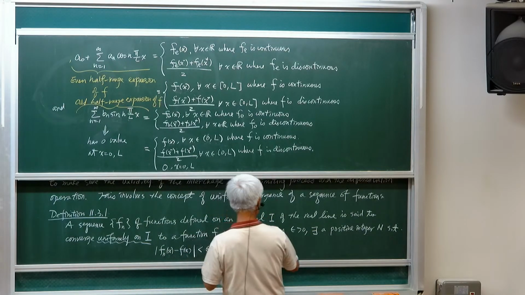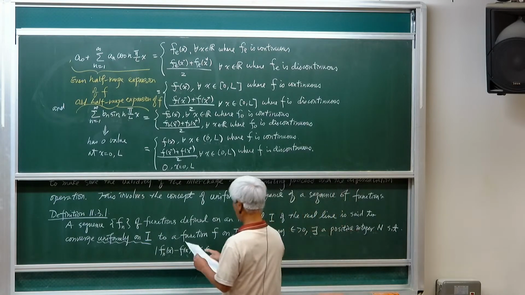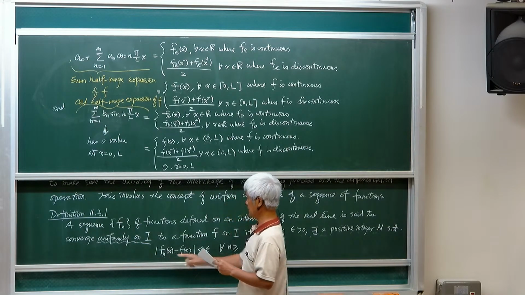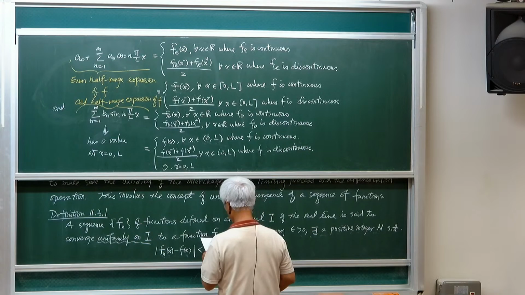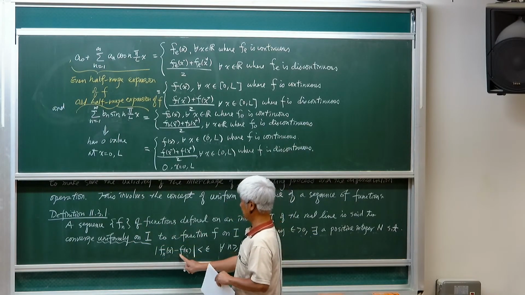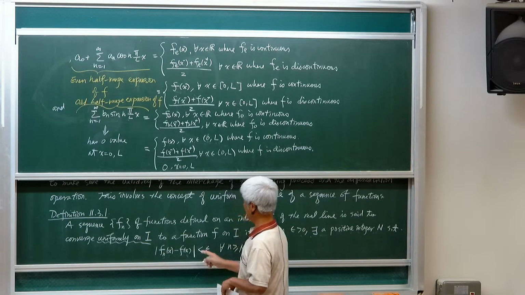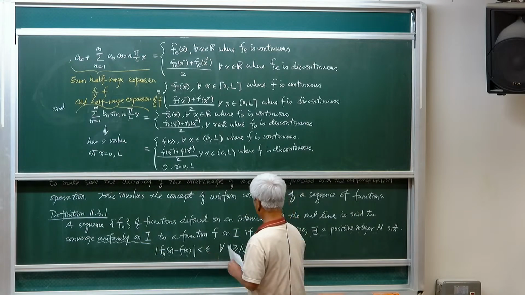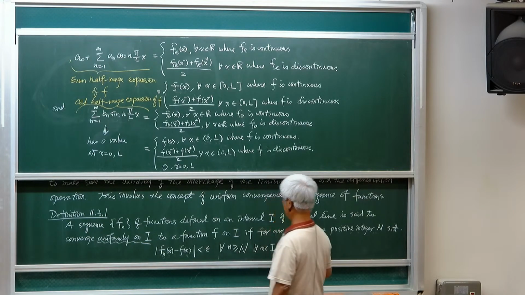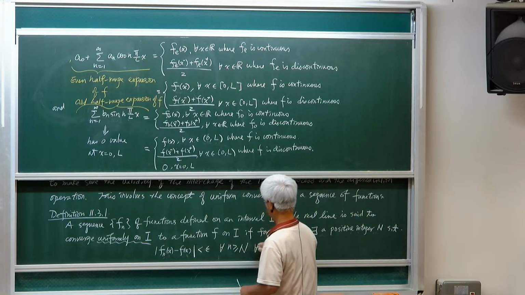Then we can find an integer such that if the index little n is greater than or equal to capital N, so if little n is big enough, then the difference of the function values would be less than epsilon, and this is for all x in I. Okay, so it's uniform because